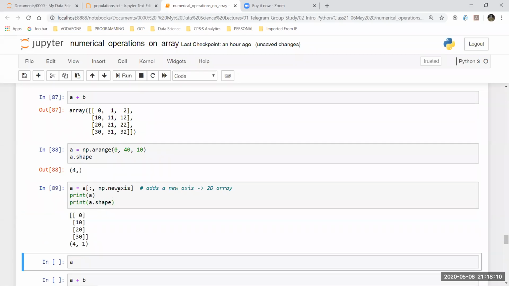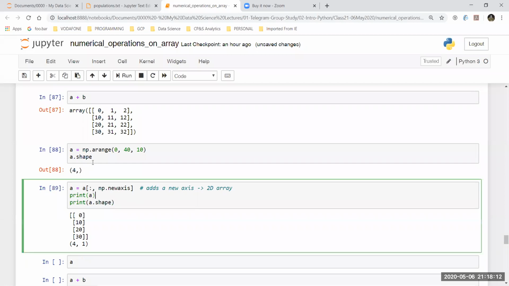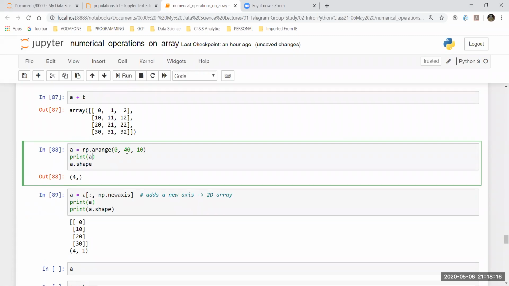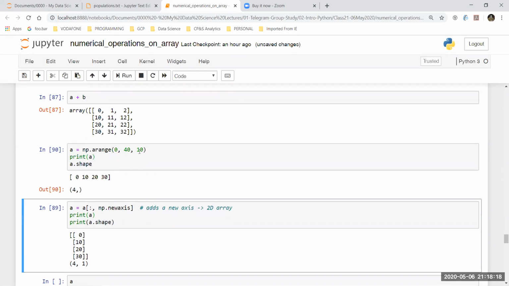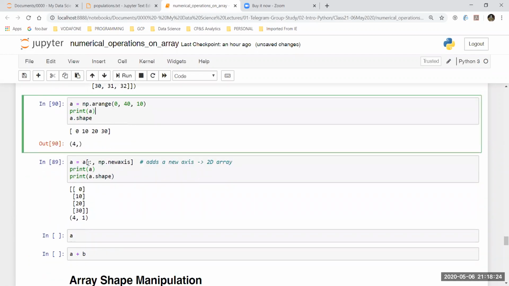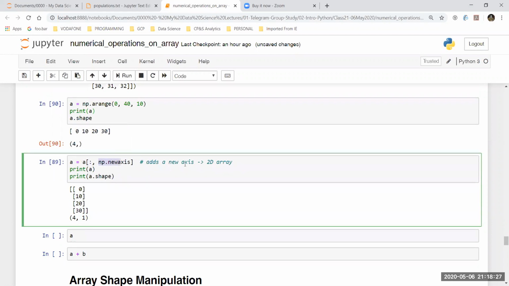So I have created A, which is a 1D array. 0 to 30 is the value because I have created it using a range. Then I'm doing colon np.newaxis. Now this adds a new axis and makes it a 2-dimensional array. Now I have 2 dimensions. I have 1 column and I have 4 rows.